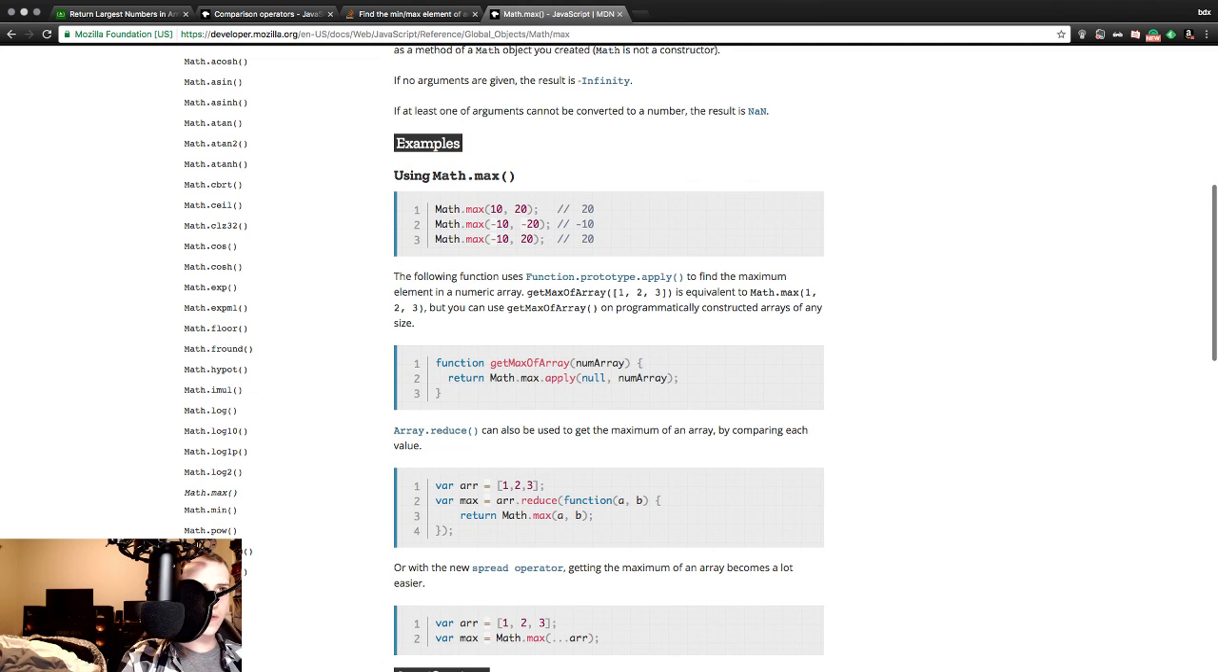The following function uses Function.prototype.apply to find the maximum element in a numeric array. Get maximum of array 1, 2, 3 is equivalent to Math.max 1, 2, 3. But you can use get max array on programmatically constructed arrays of any size. So there's the function, and we return this Math.max, and then we're setting up a second function. So instead of a second for loop, I set up a second function or a second method